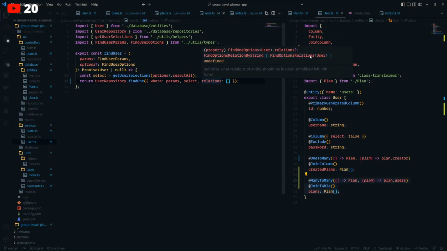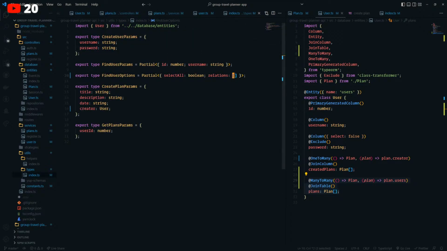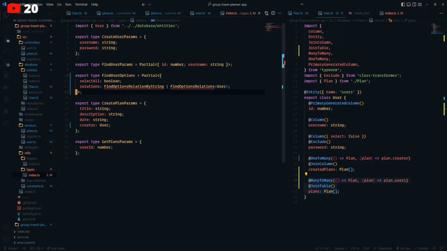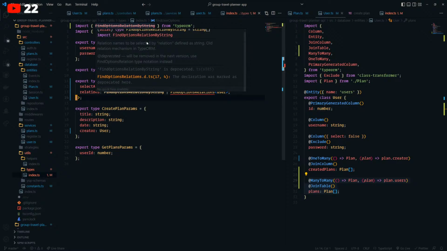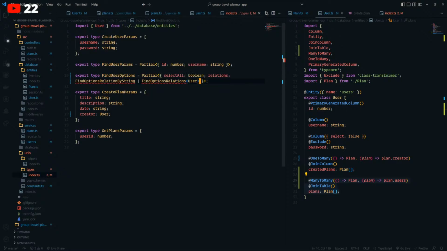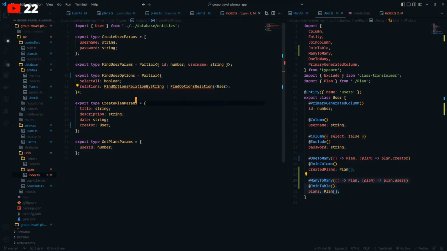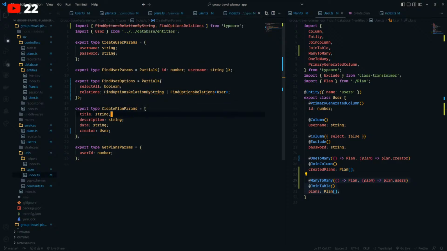Okay, so we'll just copy this right over here. And for the relations, we'll type annotate it like this. We just need to import these. These are deprecated. Okay, that's fine. But it's a partial, so it could possibly be undefined, which is fine.